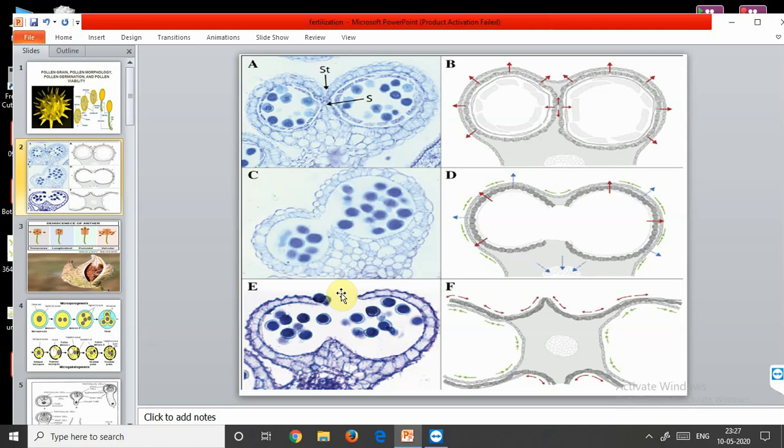middle layer. Now the sterile tissue is present between both the pollen sacs. These are the pollen sacs, and some sterile tissue is present in between these. You can see in the diagram, these are the sterile tissues, these are two pollen sacs. After some time, this also degenerates and both fuse together. Now there is no partition or presence of any sterile tissue, and mostly the dehiscence of anther takes place